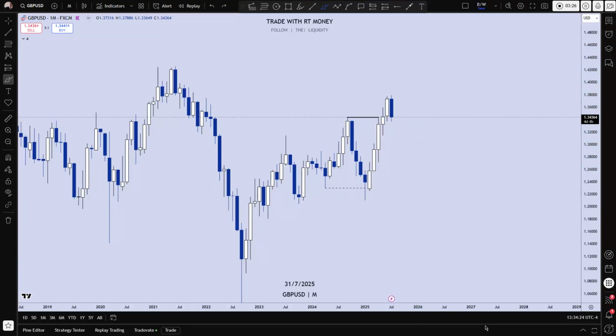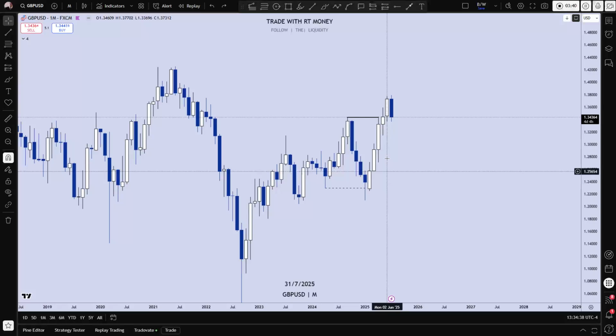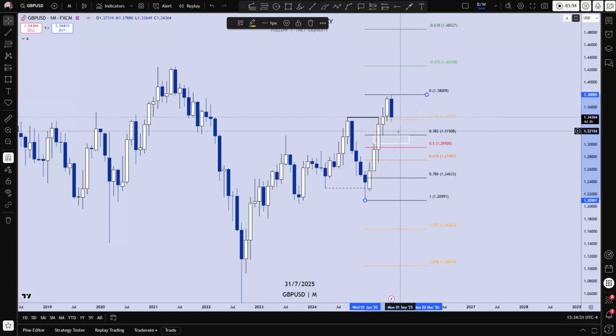And that happens on every time frame. It's the fractal nature of the market. Now, where do I expect price to pull back to and then turn around? Well, I'm looking at clues like fair value gaps. This imbalance here is a great area to look at. And if I use my Fibonacci retracement tool from the low to the high, that's in the area right at the 50%, the equilibrium, the EQ.